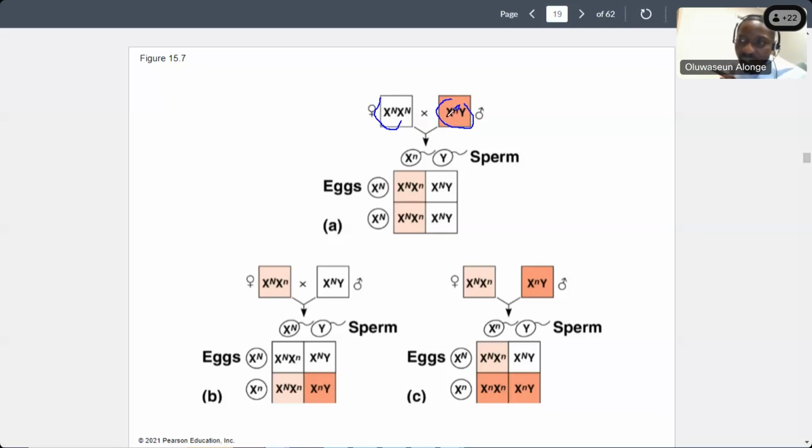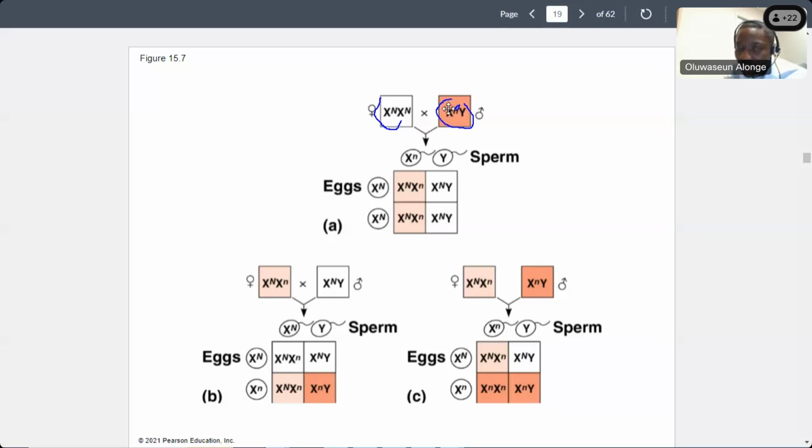For a recessive disorder, all has to be affected. And since the male only has one X, all its X is affected. Now, this father is sick. By the time this father is going to have his child, you see the sperm